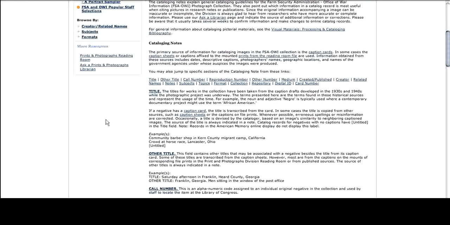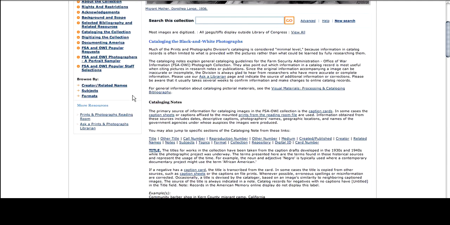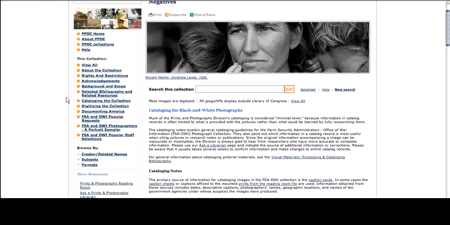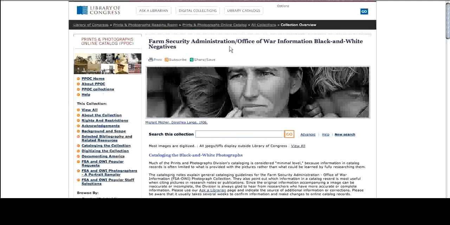It's important to note here that the primary source of information for cataloging images is the caption cards, as it states right here. Not all images are associated with caption cards, and therefore not all images have adequate descriptive information attached to them. Some images have descriptions only at the collection level, while others have information provided at the actual image or item level. So now I'm going to go to View All here,